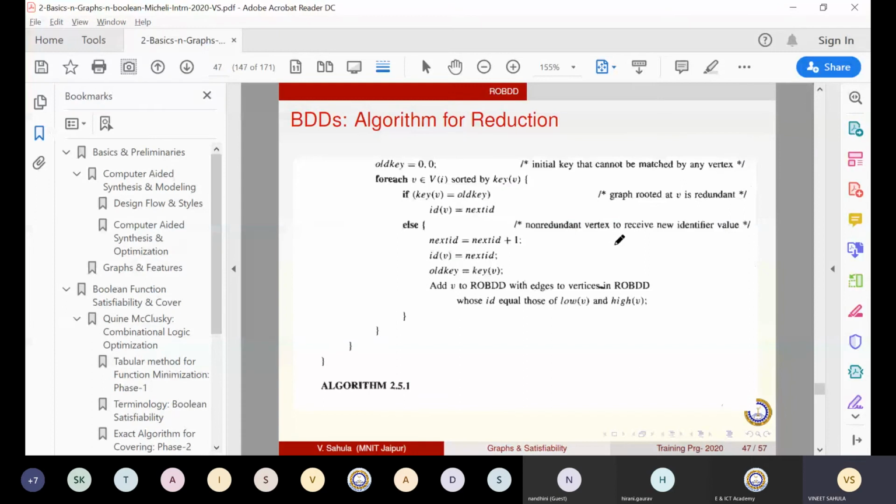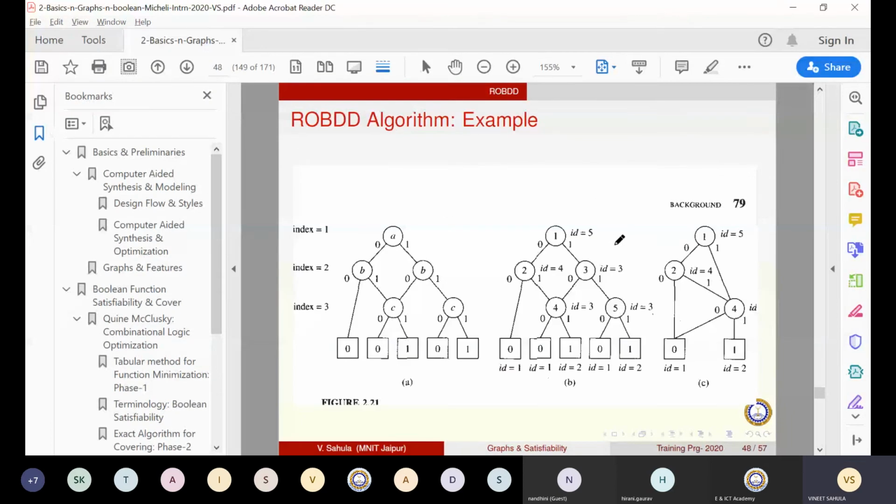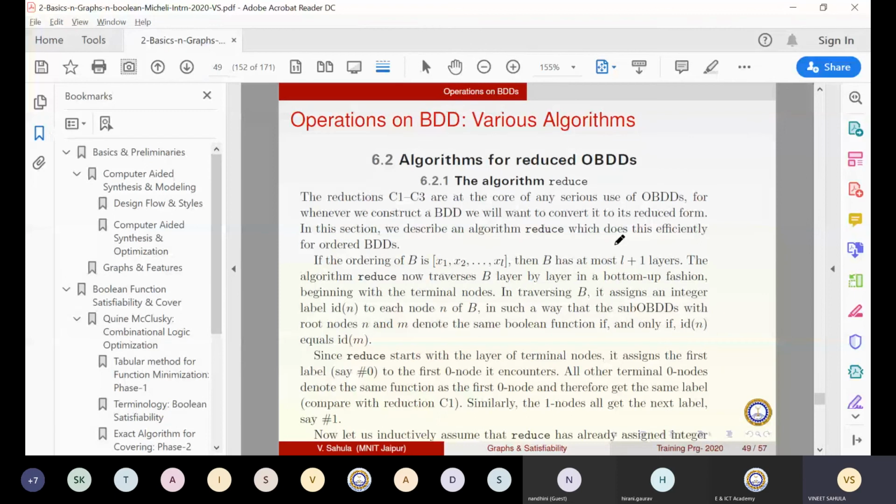Why are they important? They are important because the computer understands these BDDs as graphs. And manipulation of a graph in a computer is very good. There are algorithms. So representing a function by a graph, an ROBDD, is very good. You can even compare two graphs to find whether F1 and F2 are equivalent, right?